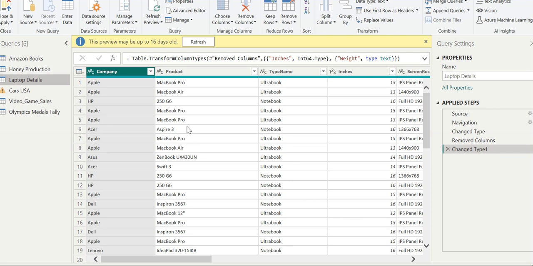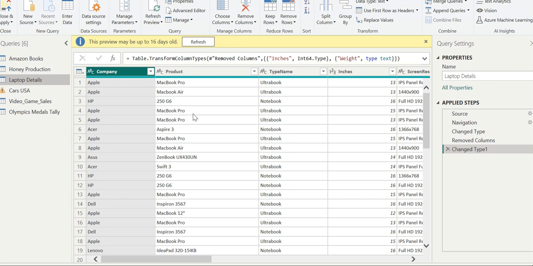Now you will see that each product has two words, one for brand and one for model. What if you really want to split the column into name and brand? See, MacBook Pro. MacBook is the brand, Pro is the model. MacBook is the brand, Air is the model. Similarly, the first name is the brand and the second is the model of that particular brand. What if you really want to split the column into name and brand?